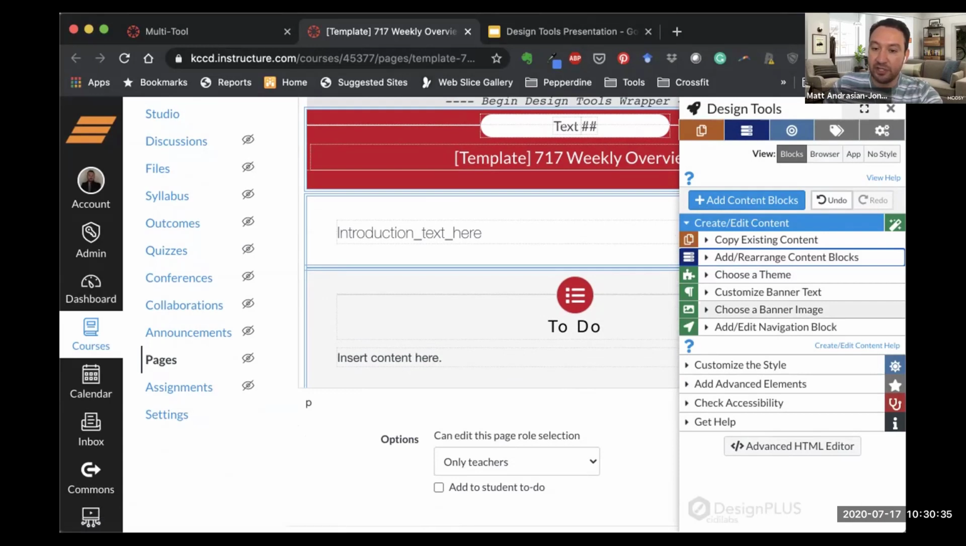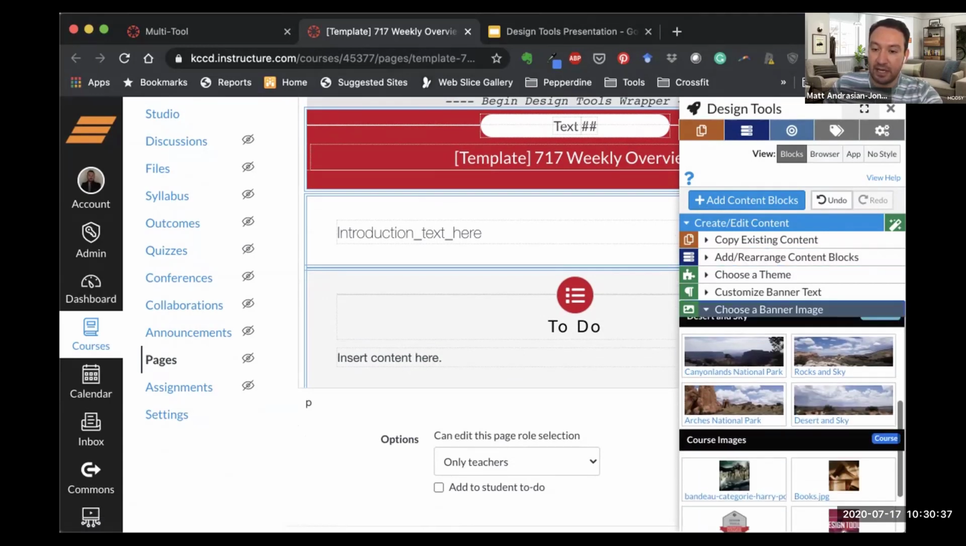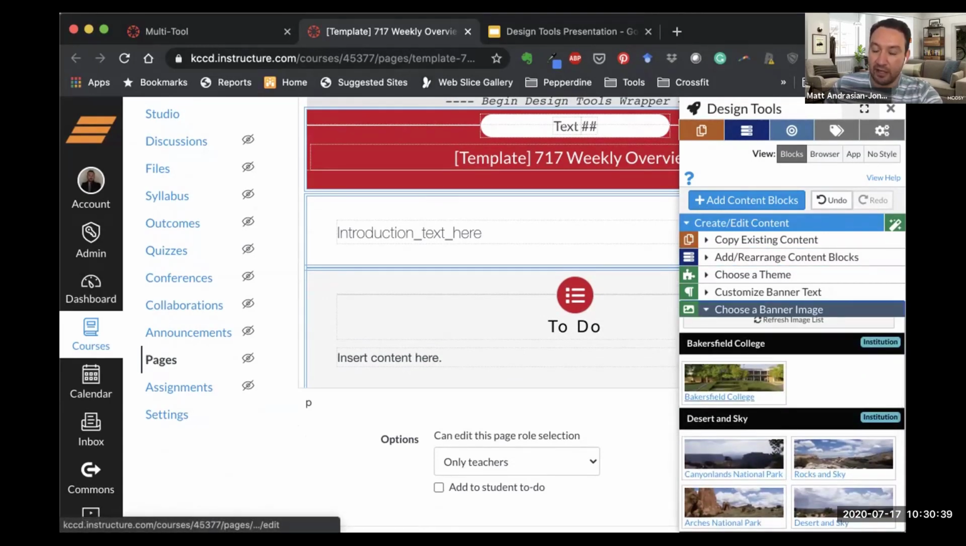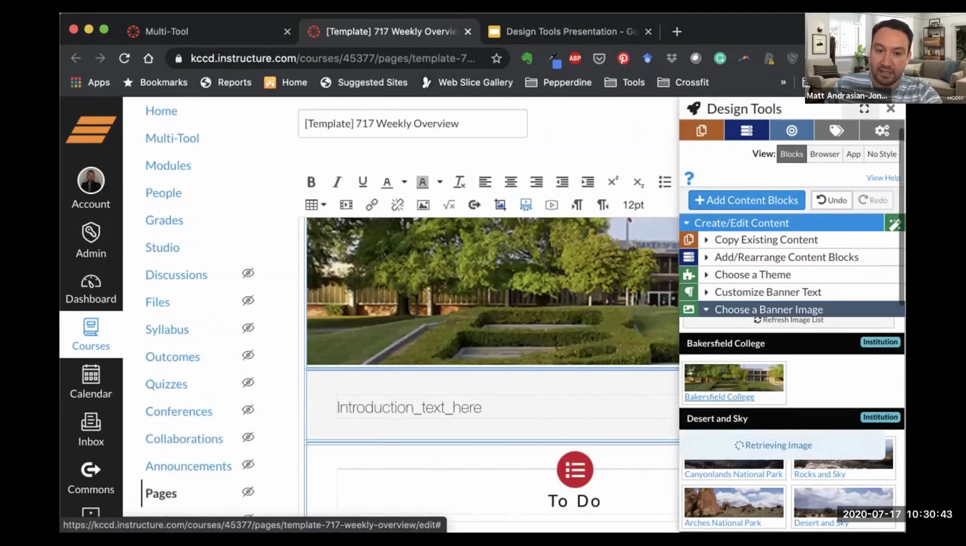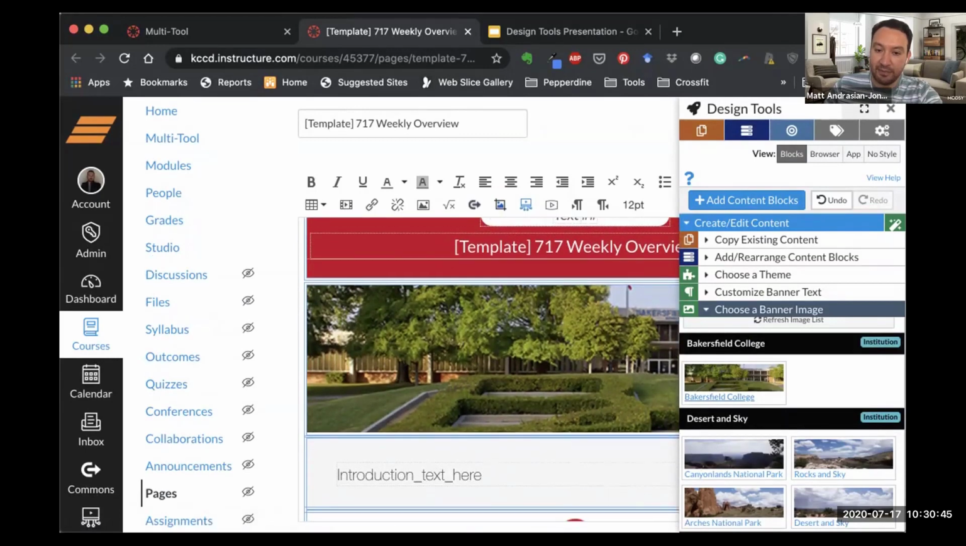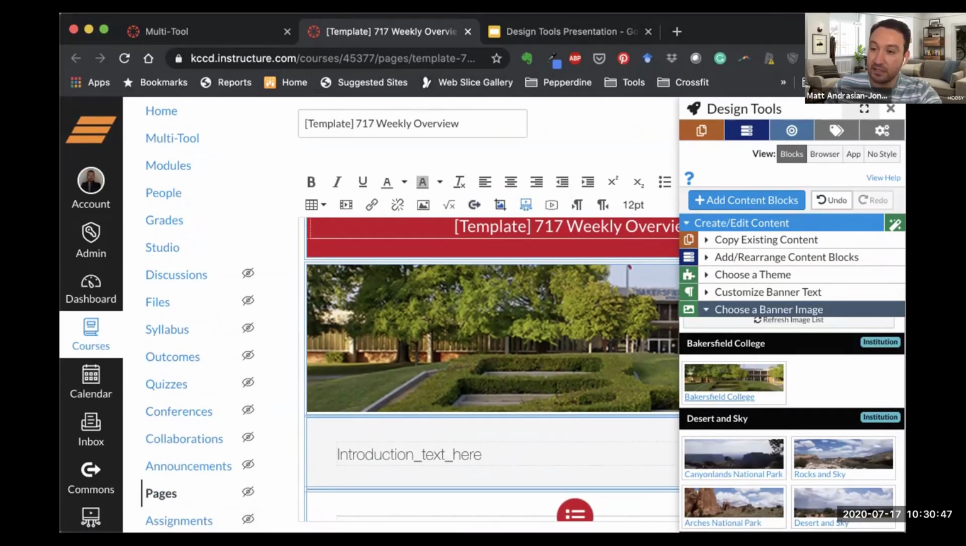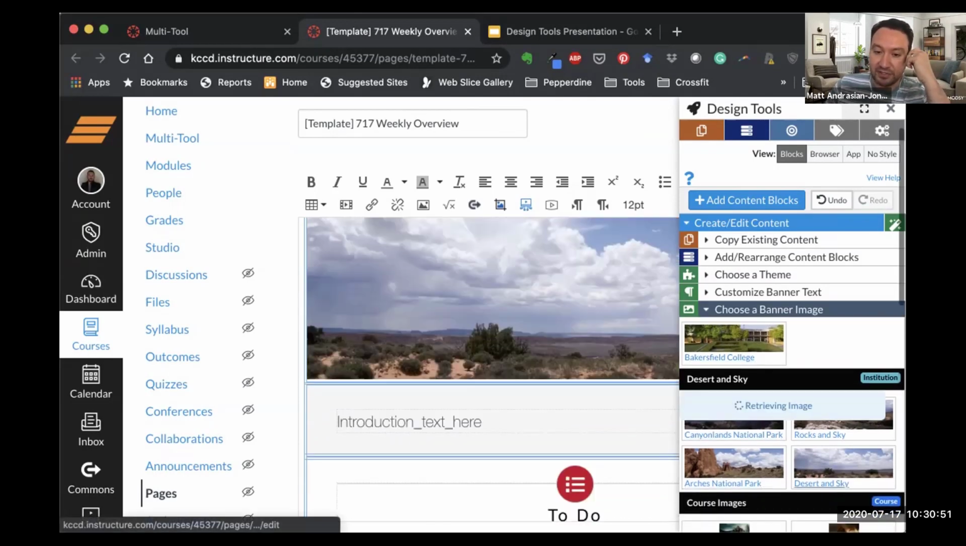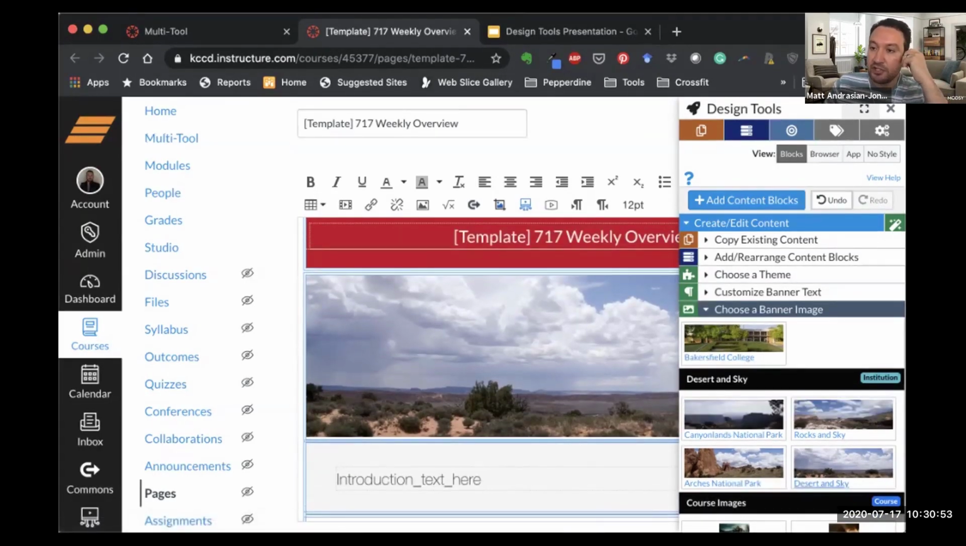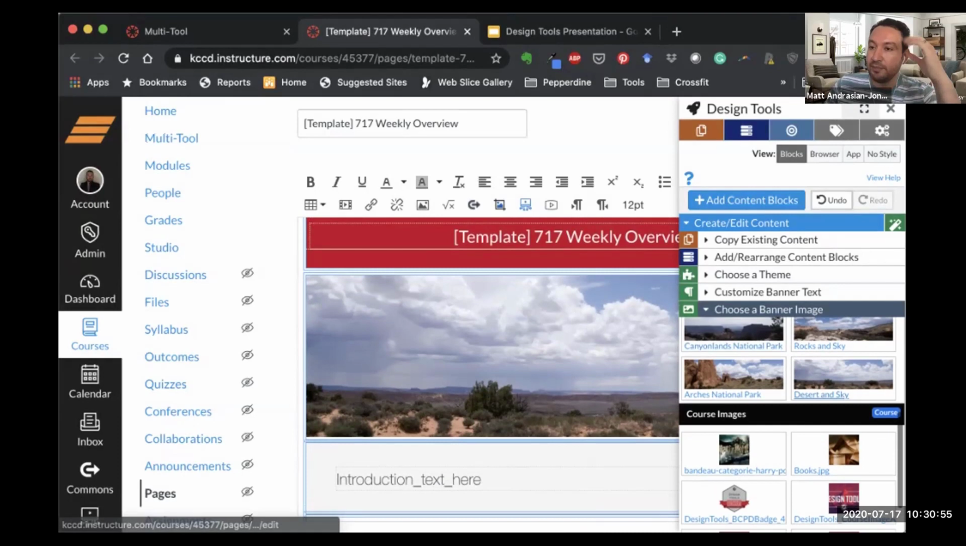If I click choose banner image, I am now provided with some elements that I can put right at the top. For example, Bakersfield College, I can click that and it's going to put this image right at the top of my page. That comes preset with design tools. I can also choose these deserts and sky images that come. Just know that as soon as you upload images into your Canvas files,